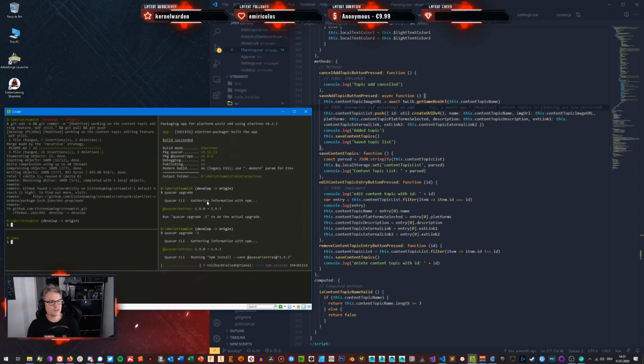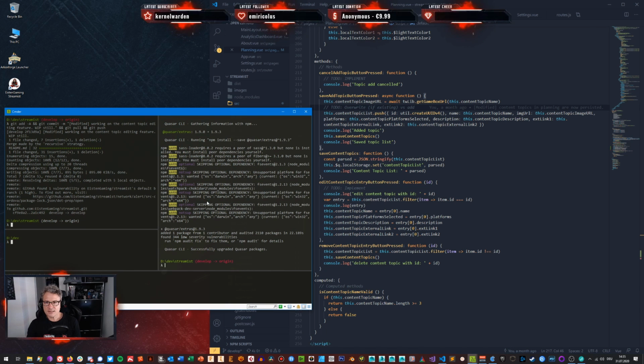And this is why I chose the Quasar framework over other frameworks to develop this application. The help, the scaffolding, and the tool support you get with the Quasar framework and Quasar CLI is just brilliant. It frees up so much time for actual development. All right, there you go.